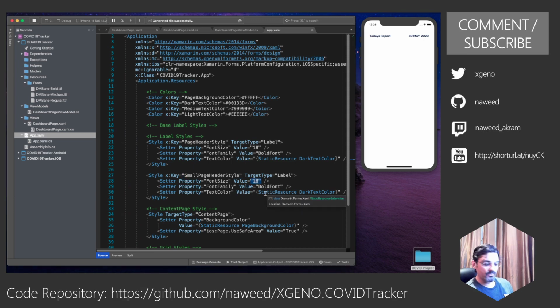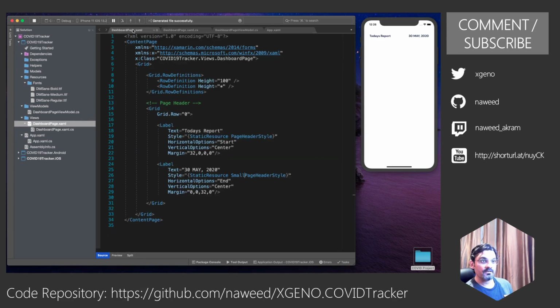Font size, we can make it 14 or 16. Make it 14. Font family, maybe it is medium font. We don't want it to be this bold. And the text color, we want it to be a medium text color. These are the colors that we have defined at the top over here. So let me save this. Yeah, so this is looking better now.